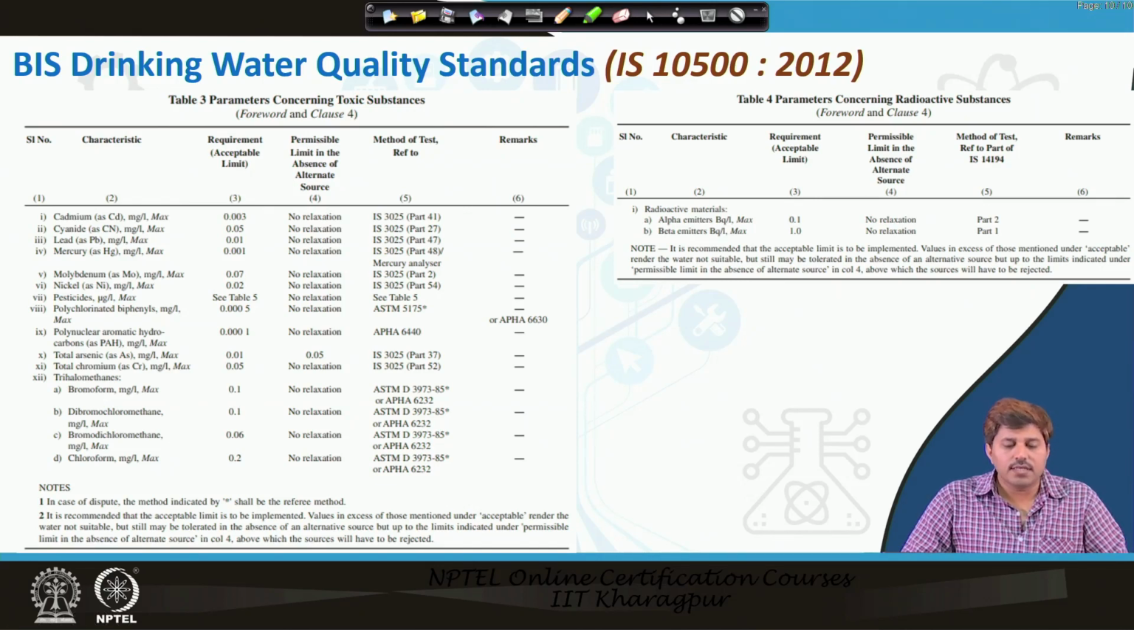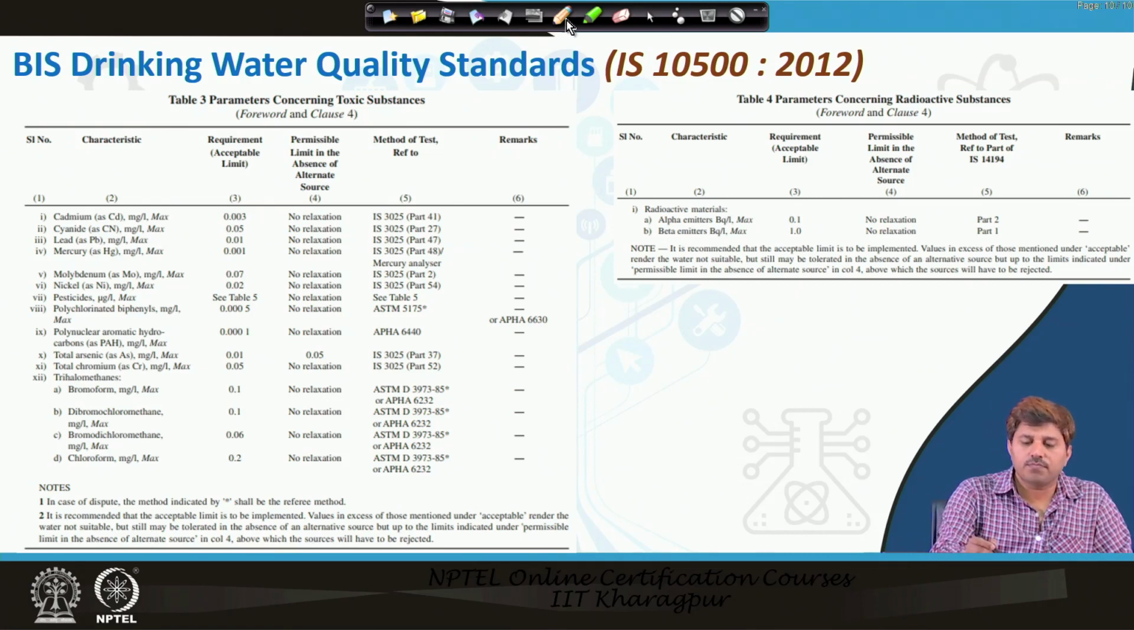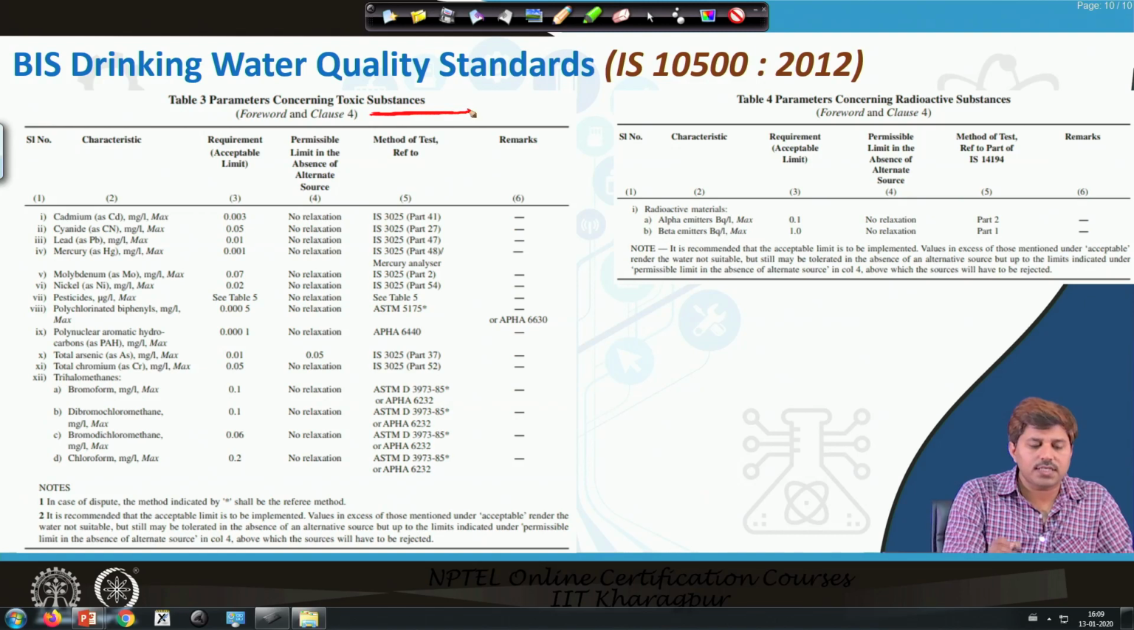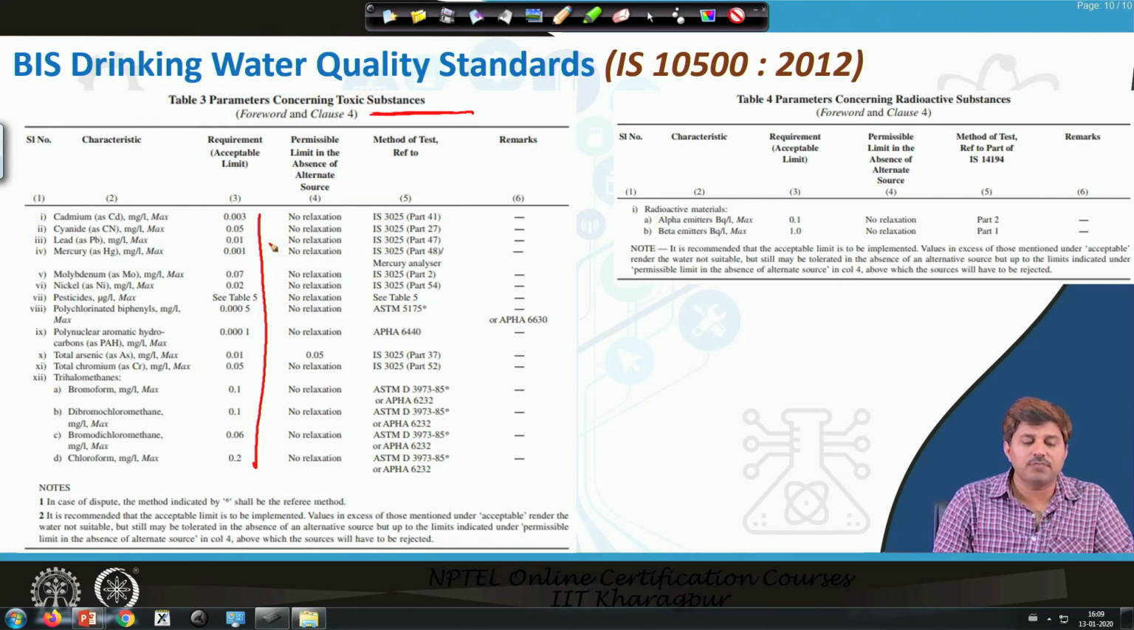Then the third table is for parameters concerning toxic substances. Okay. So, here various toxic metals like cadmium, cyanide, lead, mercury, molybdenum, nickel, pesticides, and various other things, trihalomethanes, so various elements are listed and their acceptable limits. Since these are toxic, you can see the acceptable limits are quite low for all such cases. So, cadmium is allowed at 0.003 milligram per liter, which is equal to just 3 microgram per liter. Okay. Lead 0.01, so that means 10 microgram per liter, mercury again 1 microgram per liter or 0.001 milligram per liter, and